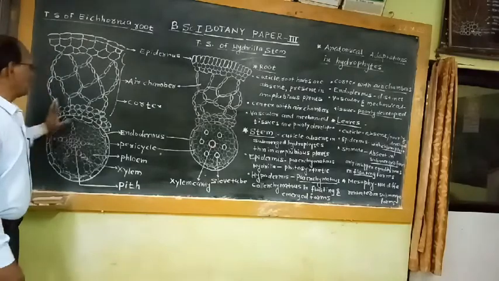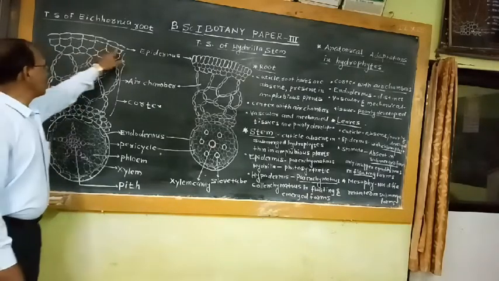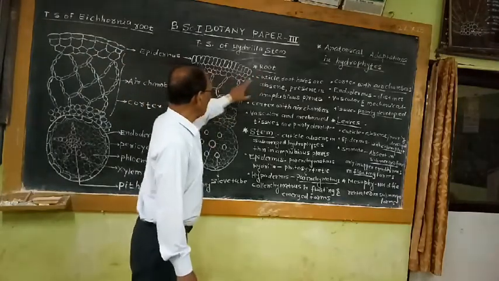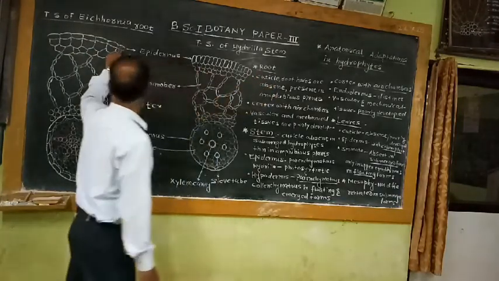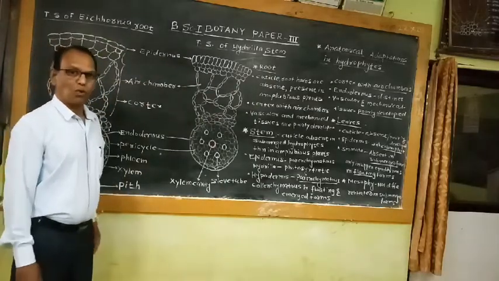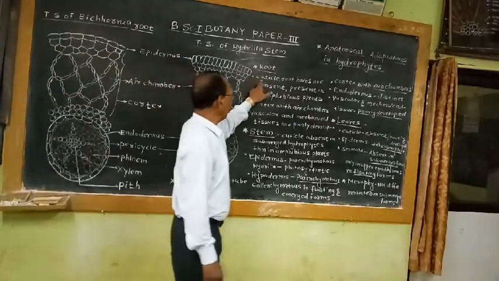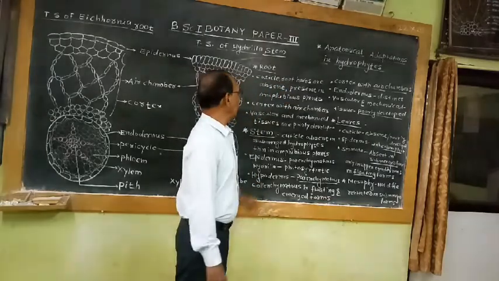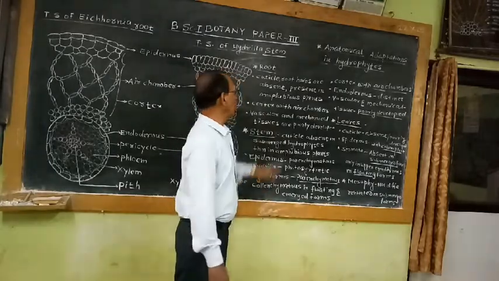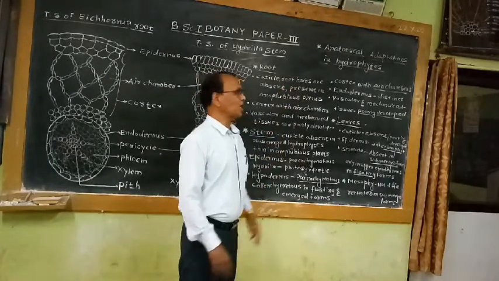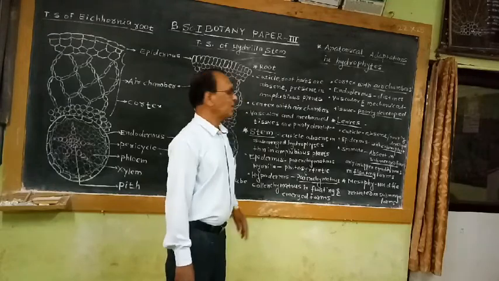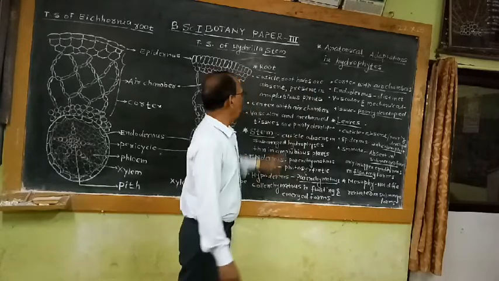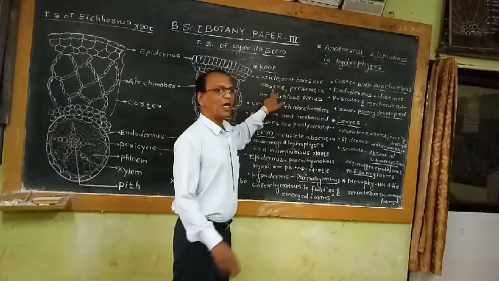This Eichhornia root transverse section shows the outermost layer in the form of epidermis. This epidermis layer does not show any additional coating of fatty substance, commonly known as cuticle. That means the cuticle layer is absent in hydrophytic roots as well as all other roots. Root hairs are generally present in mesophytic plants, but root hairs are very few in number or absent in most hydrophytic plants.